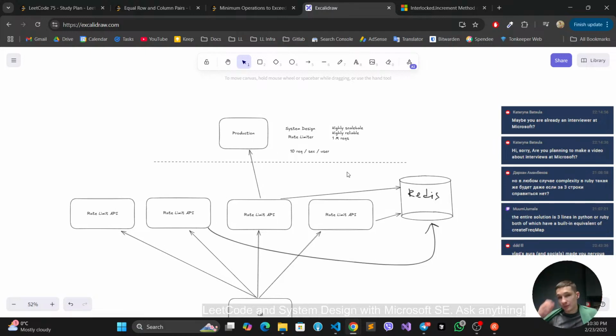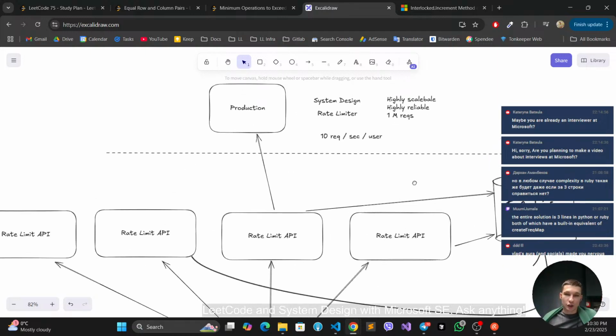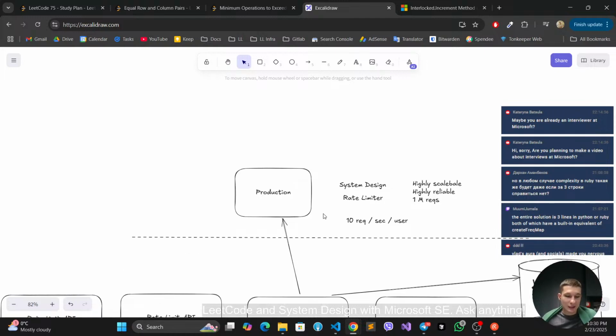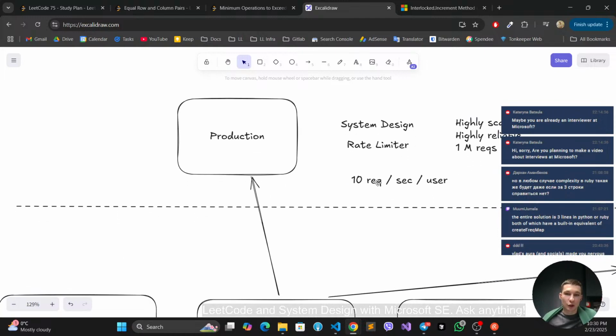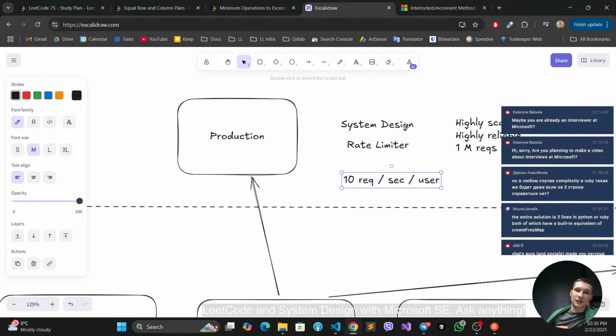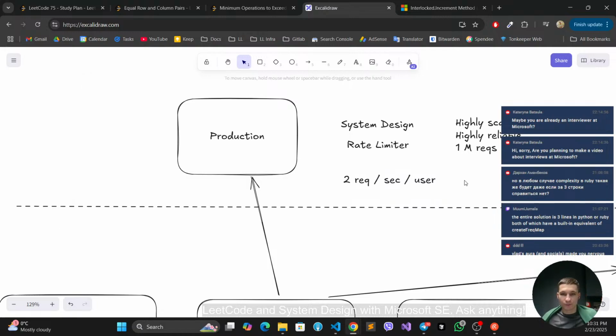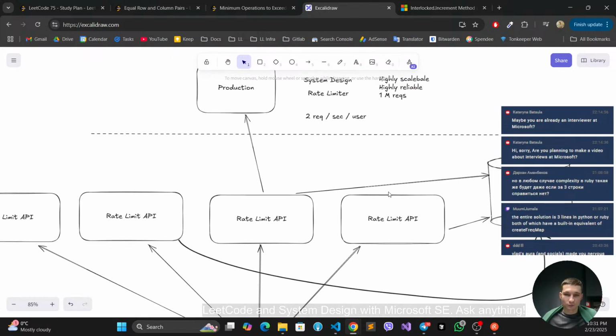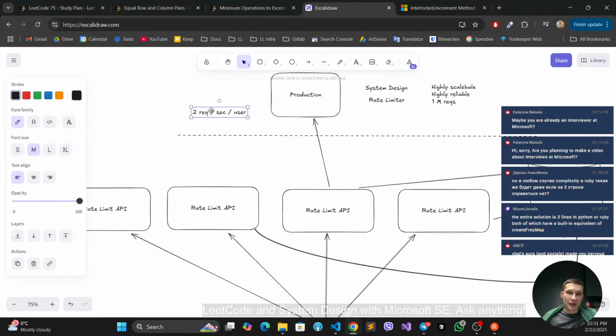Another follow-up can be, for example, how do we update the configuration, right? Because in our production service, let's say, first we decided to have 10 requests per second per user. Then our client decides, no, we want 2 requests per second per user. How are we going to update it? So in this case, the follow-up,